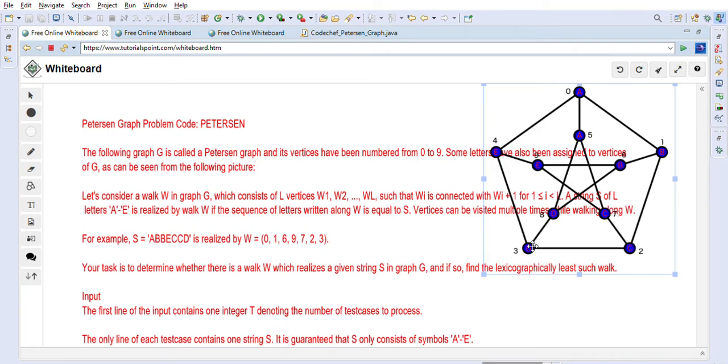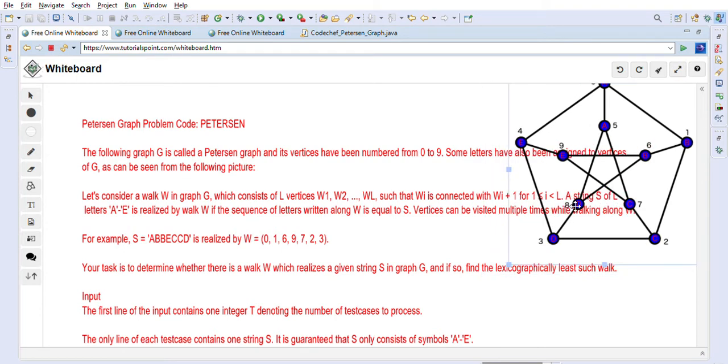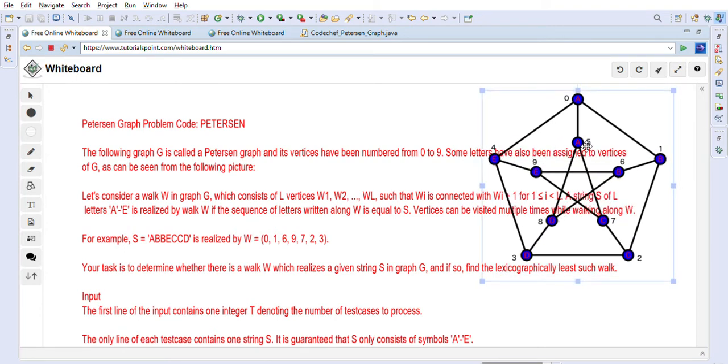So as you can see, there is a path in this graph for which we can do a walk for this string. Let me quickly show you, and then we will move forward.